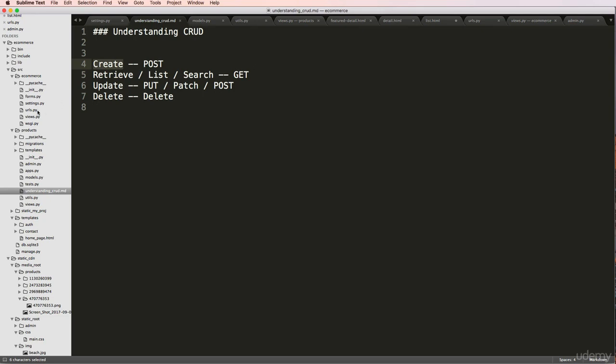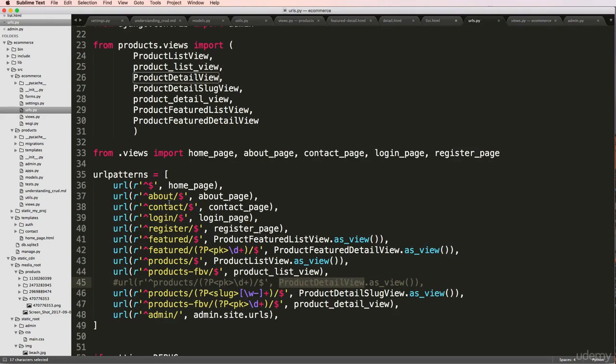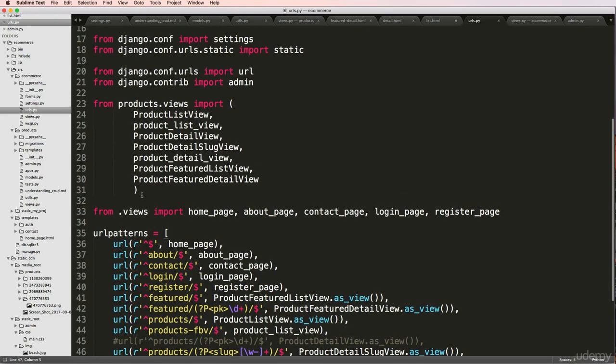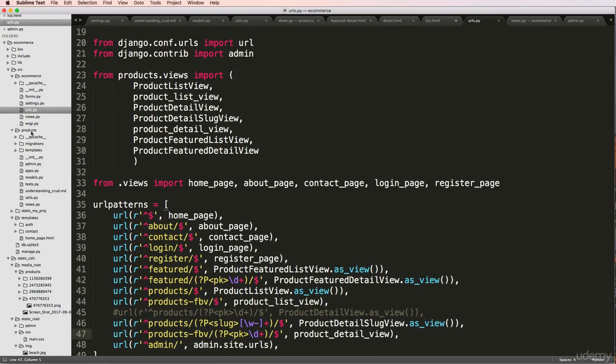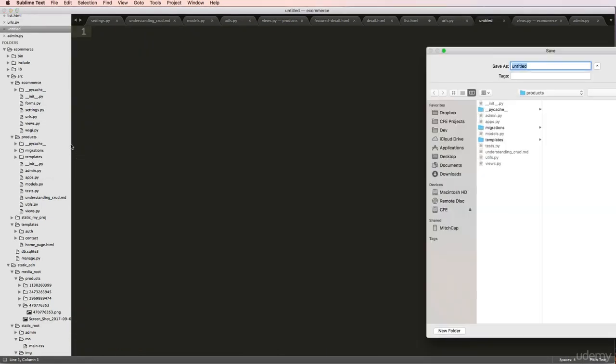But one thing I have noticed, and you probably have noticed as well, is our URLs are getting kind of full, right? There's actually a lot of URLs going on in here, and there's some things that we're just not going to use anymore. So I'm actually going to go ahead and change how our URLs work from being this main thing here with all these imports to being in one spot that is on products. So I'm going to go ahead and come in here and say urls.py,